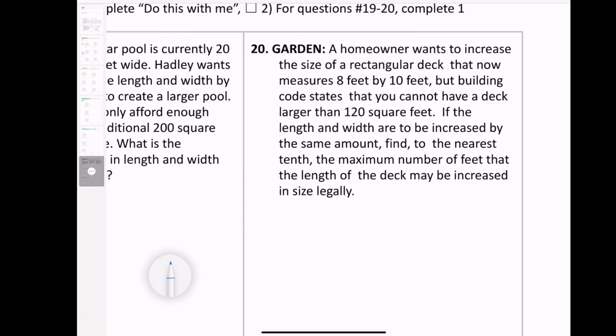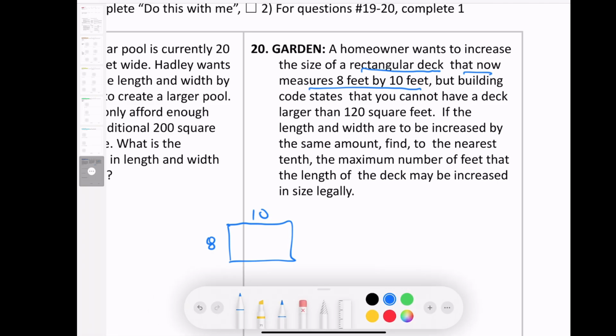Hey guys, let's go over question number 20. A homeowner wants to increase the size of a rectangular deck that now measures 8 by 10. But the building code states that you cannot have a deck larger than 120. If the length and width are to be increased by the same amount, I'm going to call that one x, find to the nearest tenth the maximum number of feet that the length of the deck may be increased in size legally. So if we increase it by the same amount, which is x,